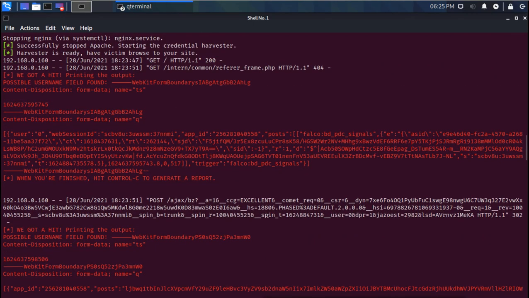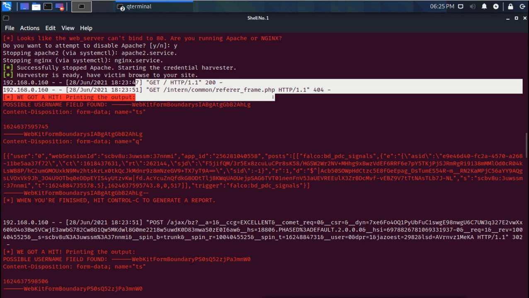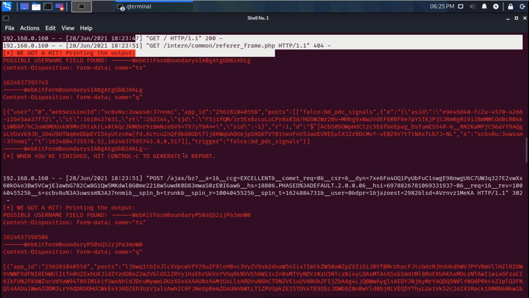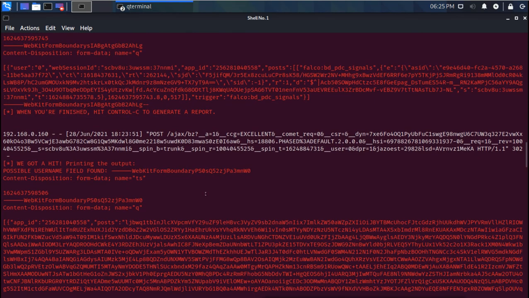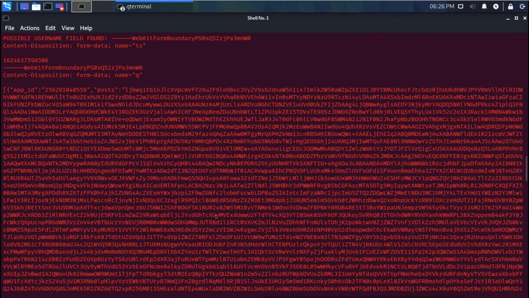So first, when the user clicks on that link, it starts getting the information here, and it says the user field found, and somewhere there is information about the username and password. If you search this, you will see the username and password there.